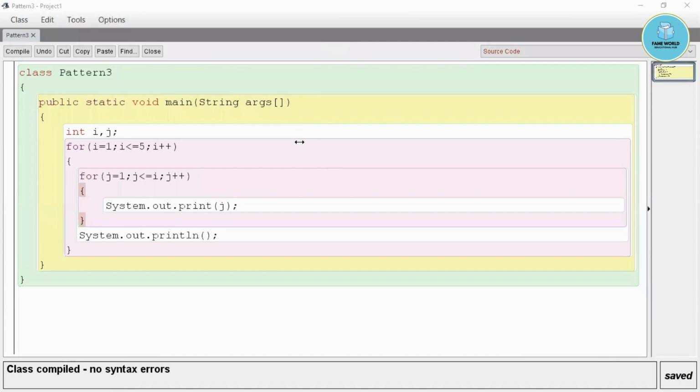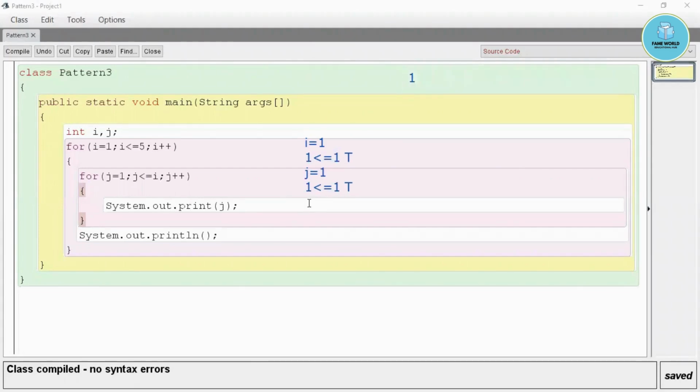Here I'm just going to say I equals to 1, then j equals to 1, 1 less than equals to 1, condition is true. Then inside, again 1 less than equals to 1, condition is true, then it will print the value of j, and the value of j is 1. It will print in the first row and first column, I equals to 1 and j equals to 1. In the first row and first column it will print 1.